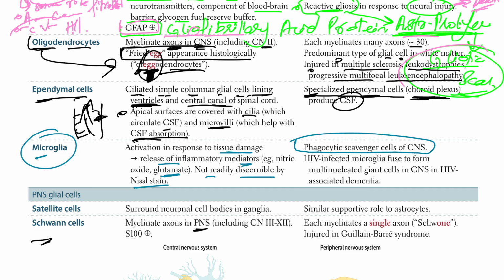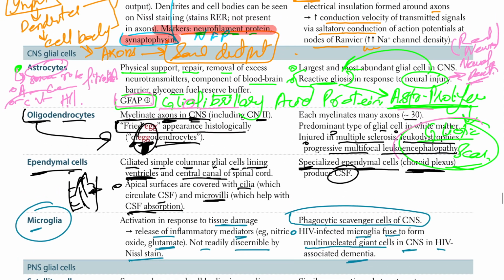Microglia are the phagocytic scavenger cells. High yield point: HIV infects microglia, which fuse to form multinucleated giant cells in the CNS in HIV-associated dementia. Okay, so as we talked about, the pathology in all of this